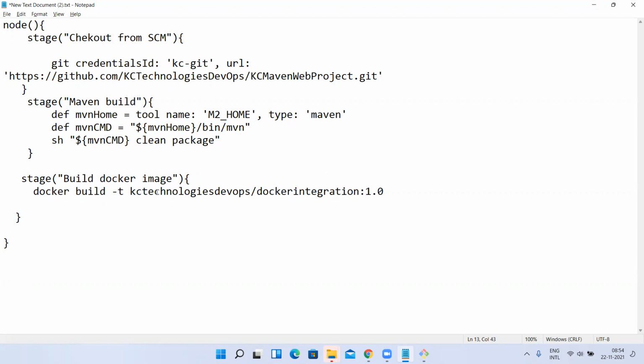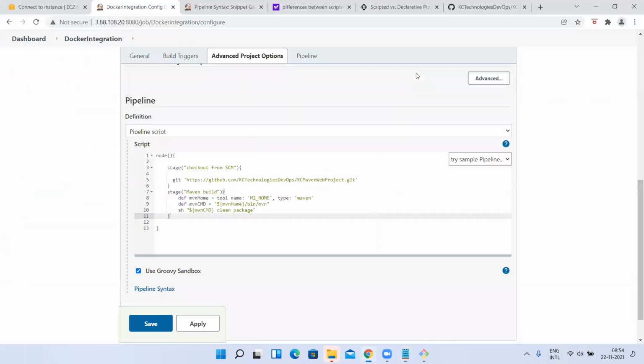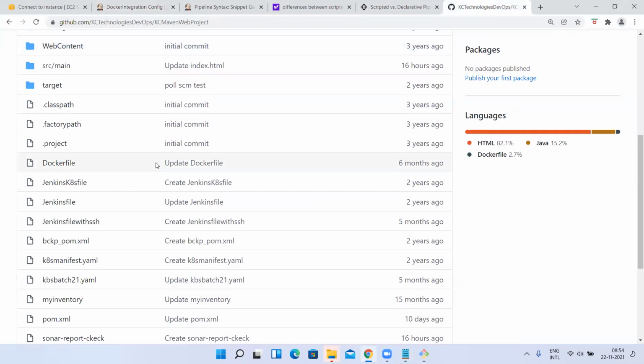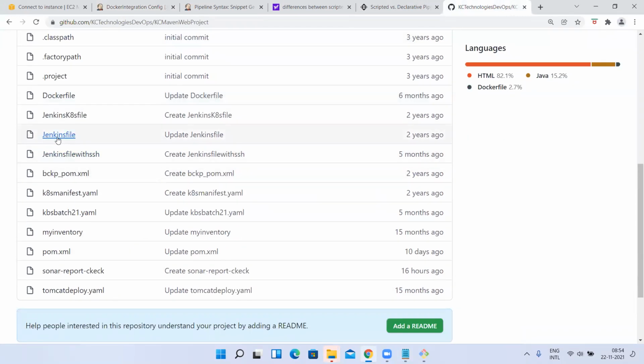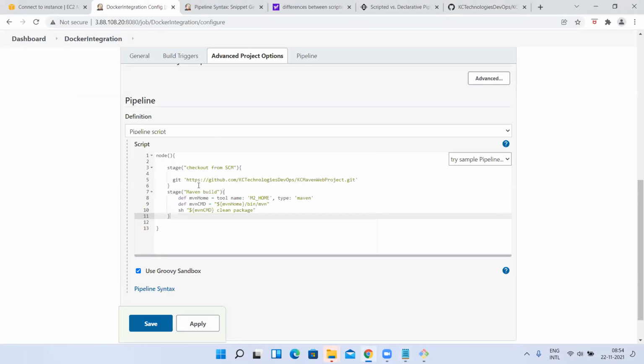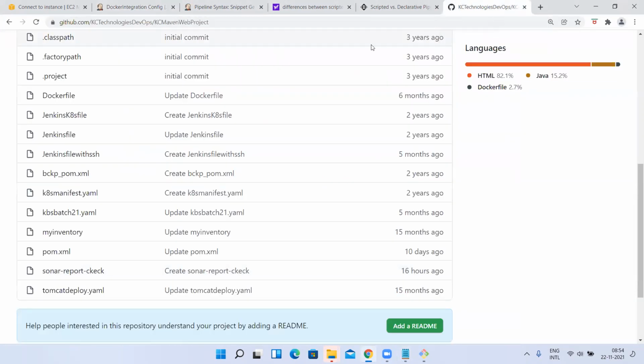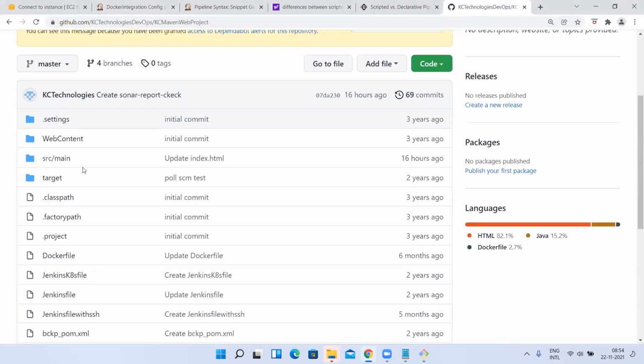Okay, so KC Technologies DevOps. This is my Docker Hub username, and this is the image or repository name I want, and this is a tag. Dot, because my Docker file, where my Jenkins file resides, means inside the project root directory. Even if I take the Jenkins file from the source code repository, SCM itself, or write it here itself, whatever it is, that is under my project root directory itself.